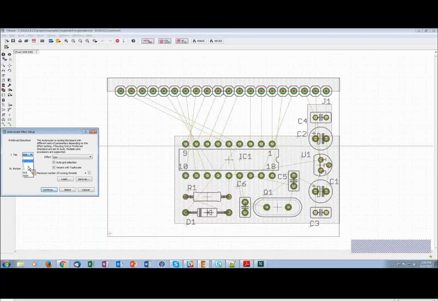45-degree angles going from bottom left to top right, 45-degree angles going from top left to bottom right. And these are preferred directions. In other words, Eagle will try to route along these directions whenever possible. However, if it can't, then it will do whatever it has to do to finish the trace. This last option, auto, requires some